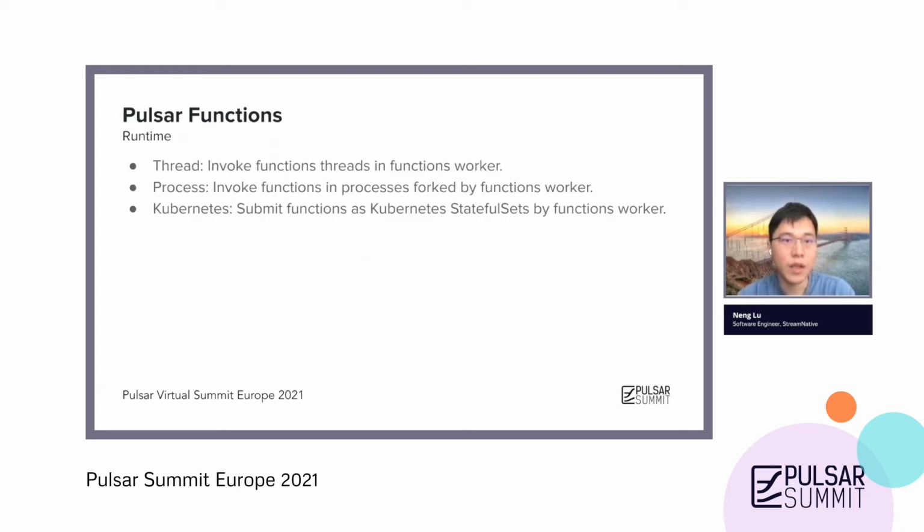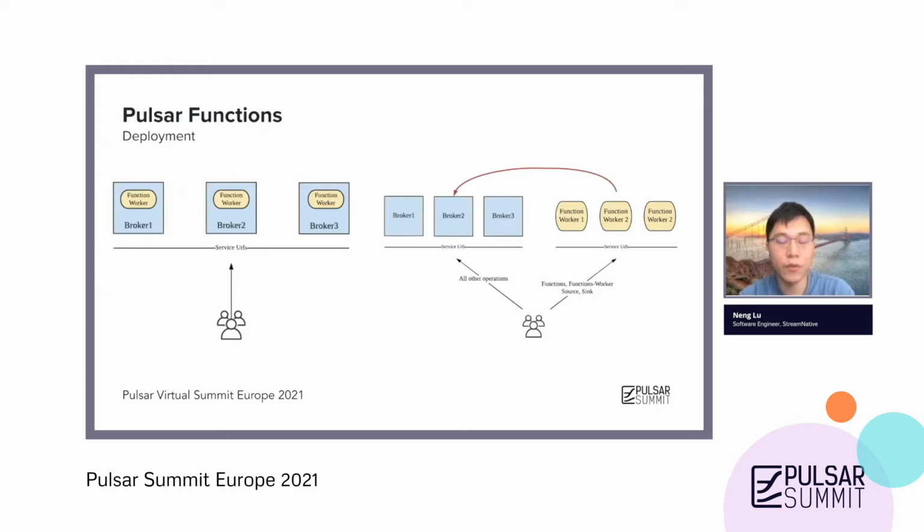There are three different types of runtime for Pulsar Functions in the Apache Pulsar project. One is the thread runtime, where functions are invoked in the function worker thread. Then the process runtime, where functions are invoked in a separate process forked by a function worker. And the Kubernetes runtime, where functions are submitted to Kubernetes as a StatefulSet by the function worker. For deployment, there are two modes. You can either deploy the function worker together with the broker, or you can run the function worker separately from